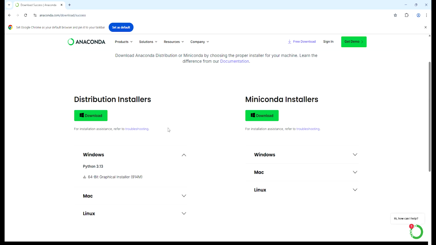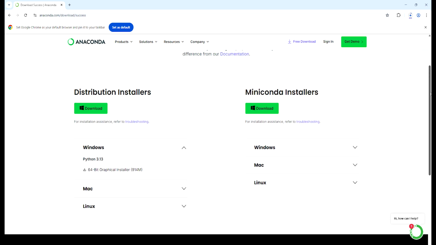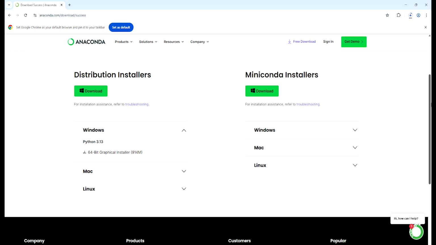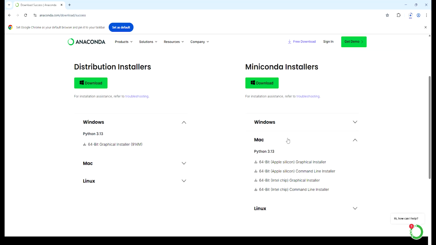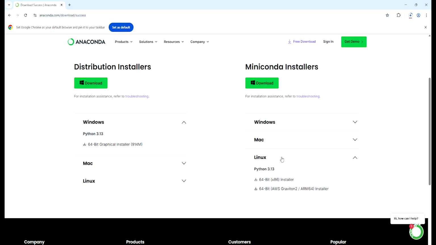I am downloading for Windows, so click on 64-bit graphical installer. Miniconda is also available with fewer packages, and for Windows, this is the installer, Mac and Linux.